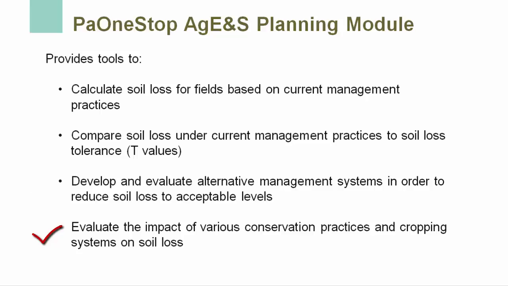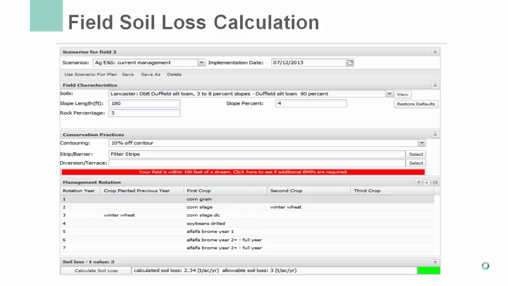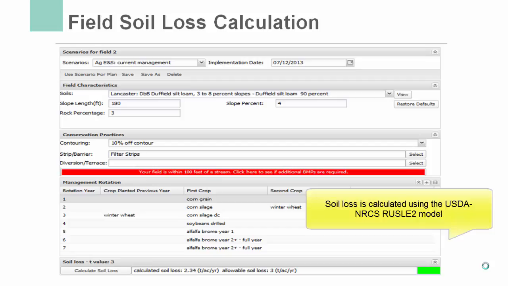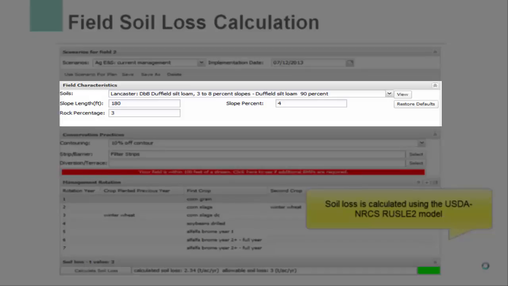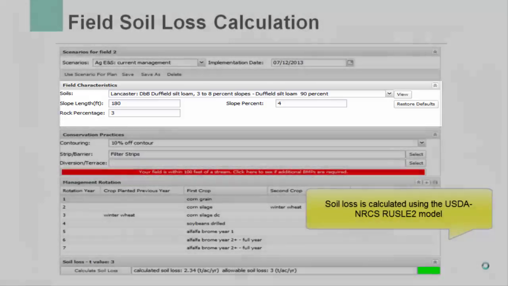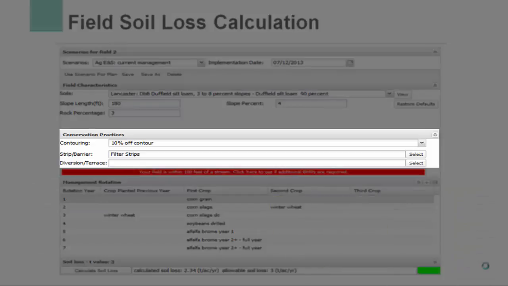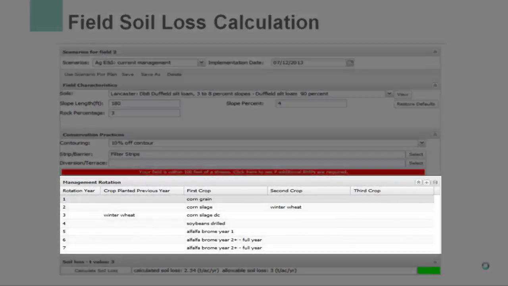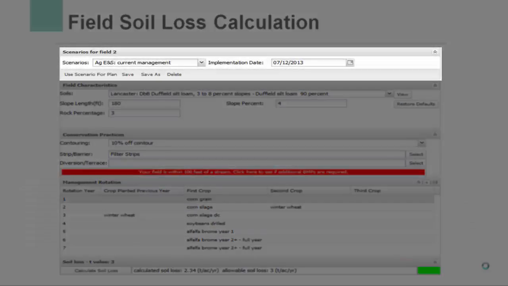The system also allows the user to evaluate the impact of various cropping systems and conservation practices and what their impact is on soil loss. The interface used to calculate soil loss for a field in PAOneStop is shown here. All information needed to calculate a soil loss for a field is entered here, and soil loss values are retrieved here. This interface consists of multiple sections that describe the characteristics of the field, conservation practices that may be in place for that field, the crop